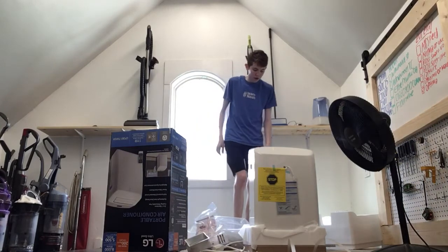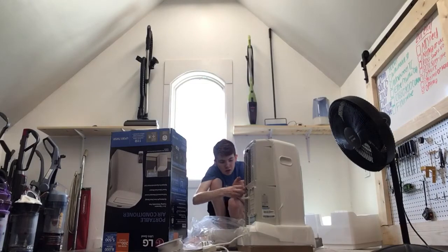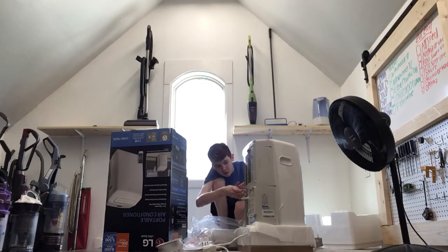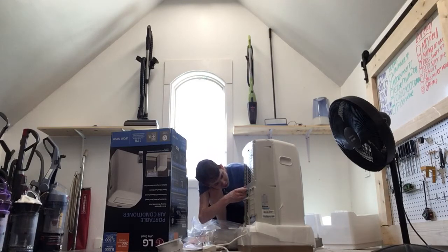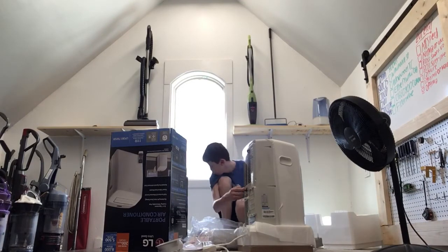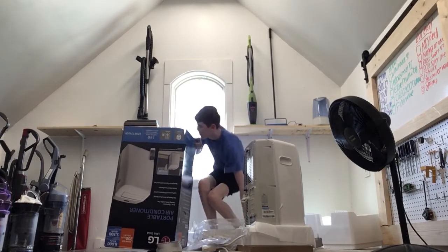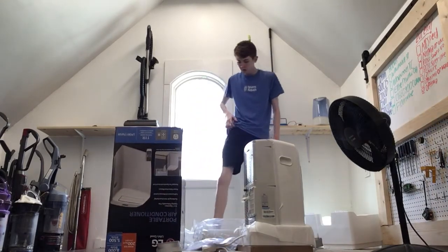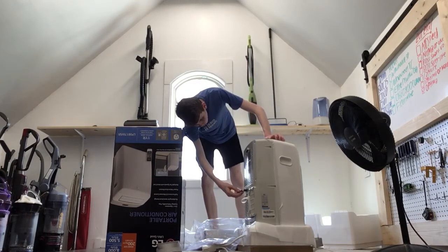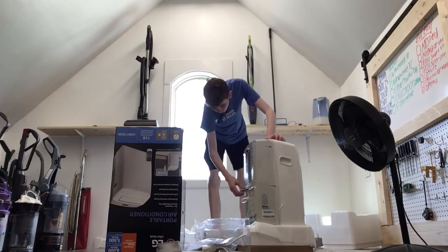Oh, this does have a drain. Yeah, it has a drain right here. Did it come with a drain hose? Okay, so